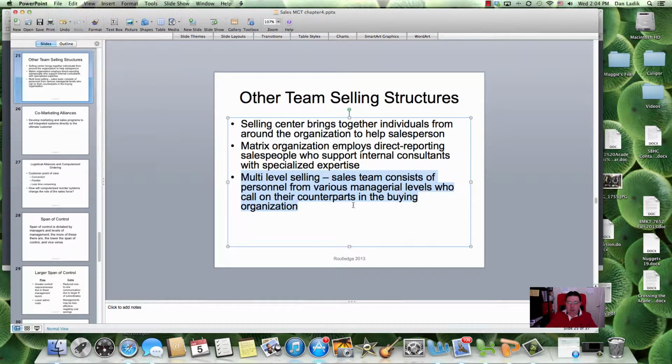Multi-level selling, this is not the pyramid schemes that we know of. This is a sales management book. So usually a sales team, when they go on a call, a lot of times if it's a big potential customer, not just the salesperson will go, the VP of sales will go, or the district regional sales manager will also go. Someone to show how valuable this customer is, the more executives you bring in, the more important it looks. Oh my God, look at all these executives they brought in. They must feel that we're special or something.